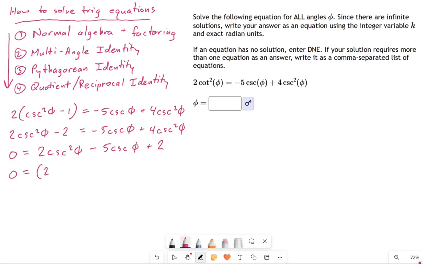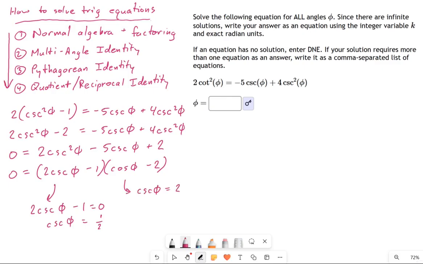I'm going to skip most of the U substitution, big X type stuff. You can do the factoring on your own if you want to take a little time to see how this works out. Or you can guess, right? There's also the guessing method when numbers are small. That works fine. And so here's what I have. These two factors multiplied together equals 0. So we're going to use the factor theorem here and say, well, that means 2 cosecant minus 1 equals 0, which means cosecant equals 1/2. And then on the other side, this one's easier to solve. I'm just going to say cosecant equals 2.